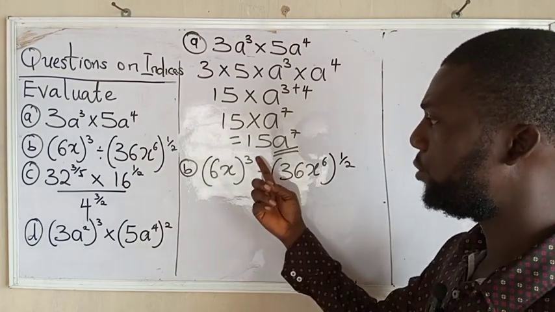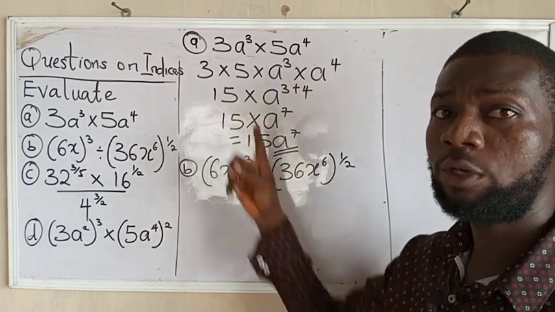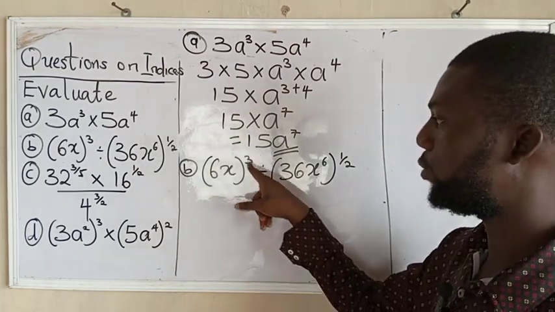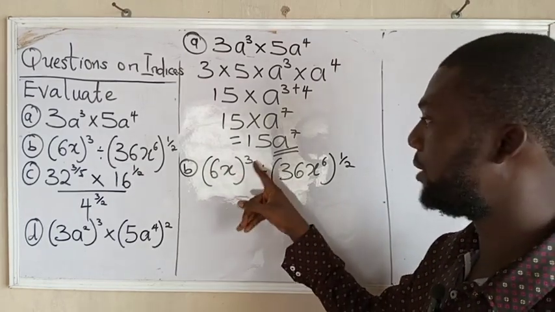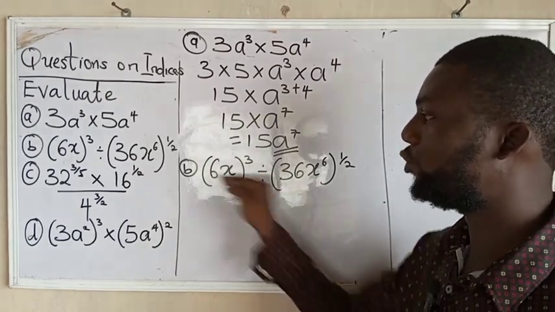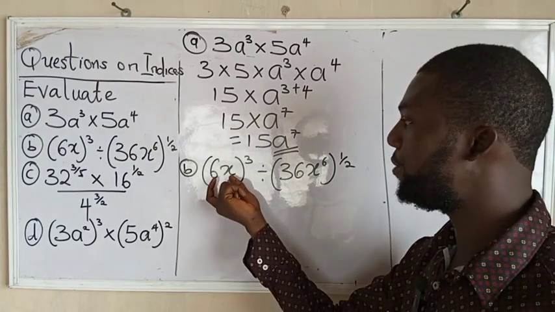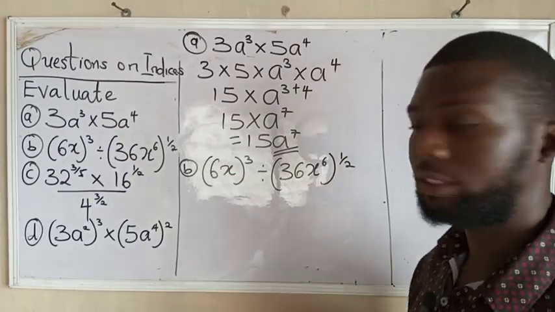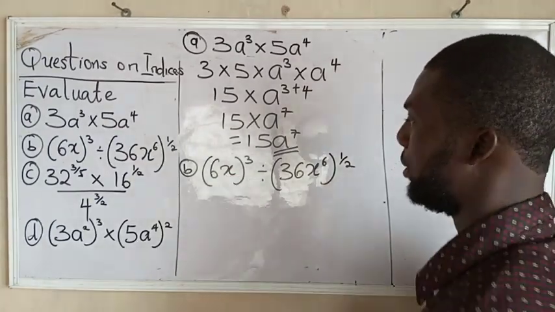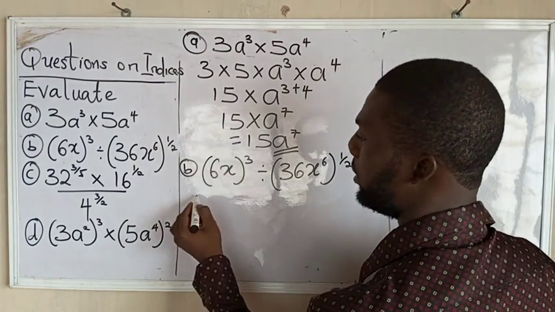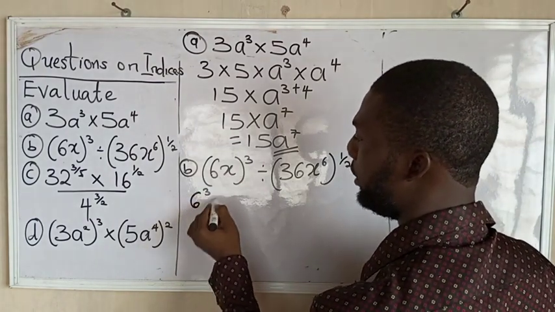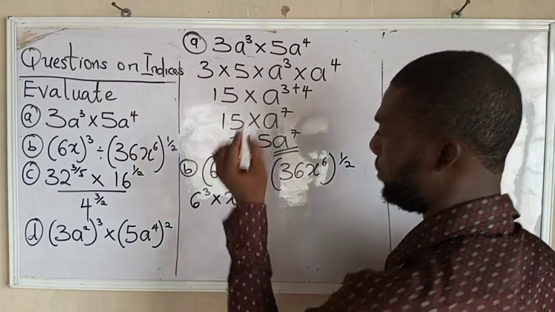But I can as well use one of the laws of indices, the product power law, that says that a power that is outside can distribute itself to everything that you can find in this bracket, all of which we have 6 and x. So I can as well say it is same as saying 6 raised to power 3 times x raised to power 3,